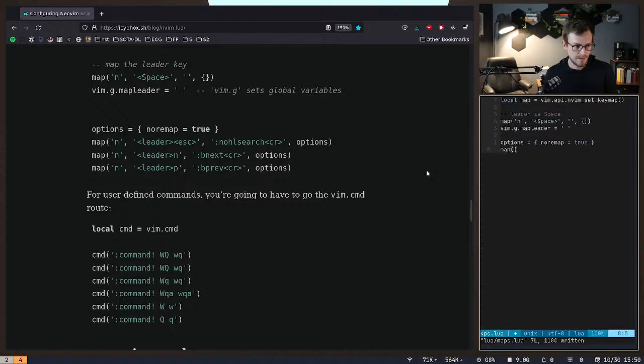So we're going to map in normal mode the leader key and then escape to no highlight search. Probably a better way to do that, but